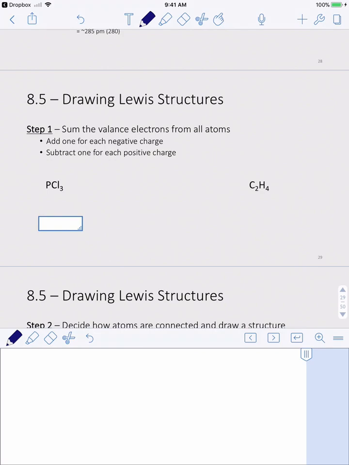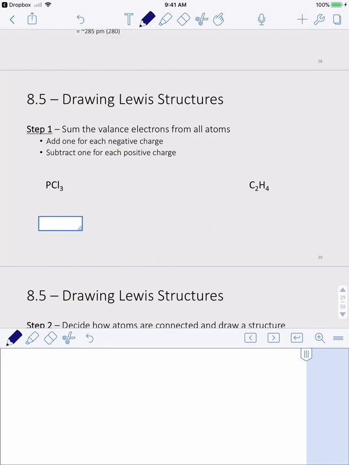And we are going to talk about the process of drawing Lewis structures for more complex molecules. We had done a few of these already, but now I'm going to take you through and do a lot of examples here. I'm going to give you a step-by-step process. So we're going to do two molecules here on the screen and follow through each step. The first one is PCl3 and the second one is